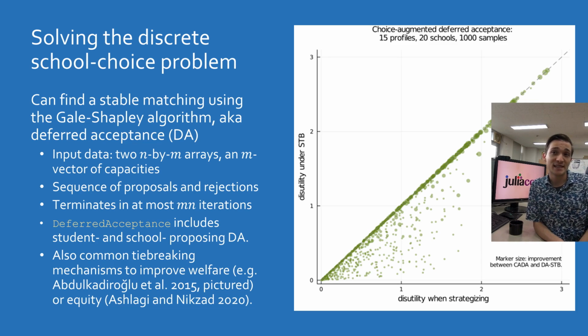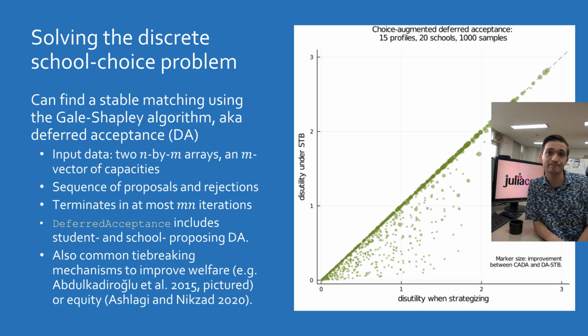One way to find a stable matching in this many-to-one context is using the Gale-Shapley algorithm for stable marriage, which in school choice is typically called deferred acceptance. Needless to say, this package implements several variations of deferred acceptance, including random tie-breaking mechanisms that try to optimize for